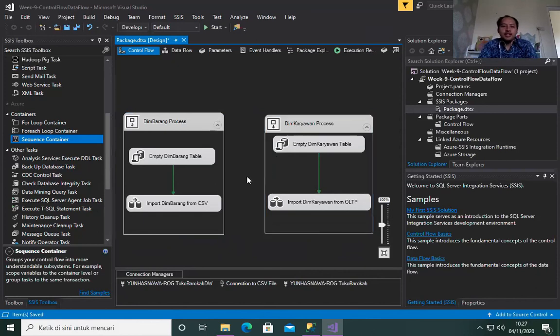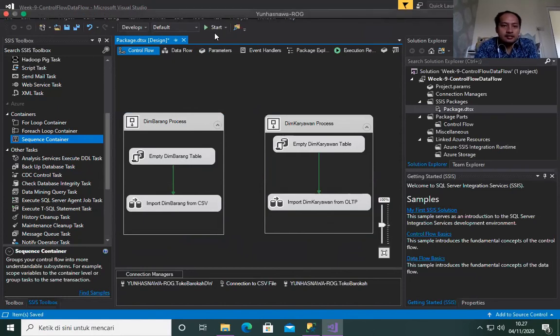If we let it run like this, you can notice here, if we execute this package, it will run sequentially between this and this one, but this one and this one will execute in parallel.